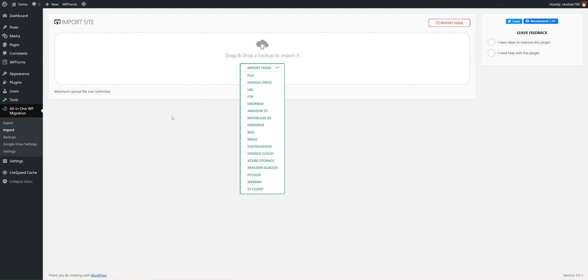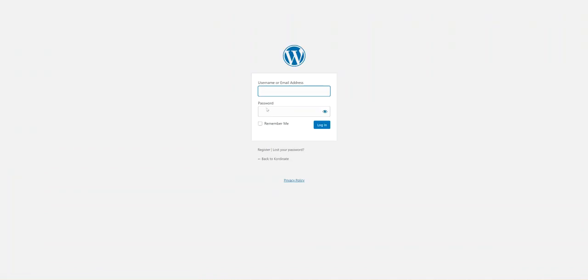Now one more important thing I want to say. See, I have taken a backup in the beginning, if you remember. So when you restore any site backup, then the username and password will be the same as per the newly restored website. So after restoring, if you are going to admin, you need to log in.